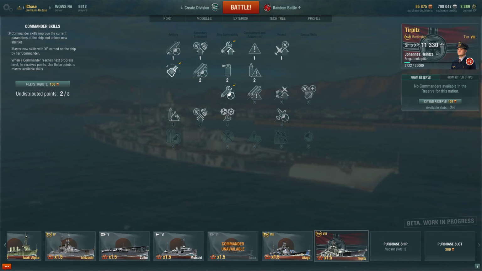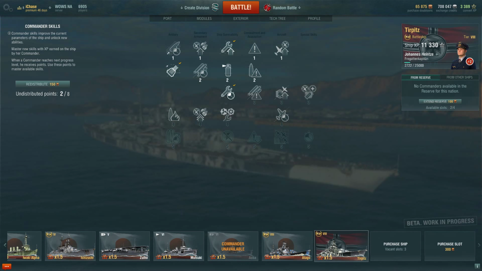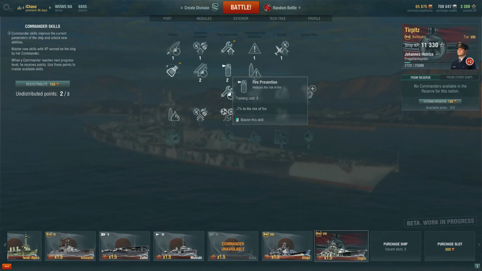Where the Tirpitz I think could be interesting is the decision whether to get the tier 4 and tier 5 skills or whether to simply get more of the tier 1 to 3. I think if I were to get more of the tier 1 to 3, I would definitely get basic firing training, as well as something like situational awareness maybe, as well as either